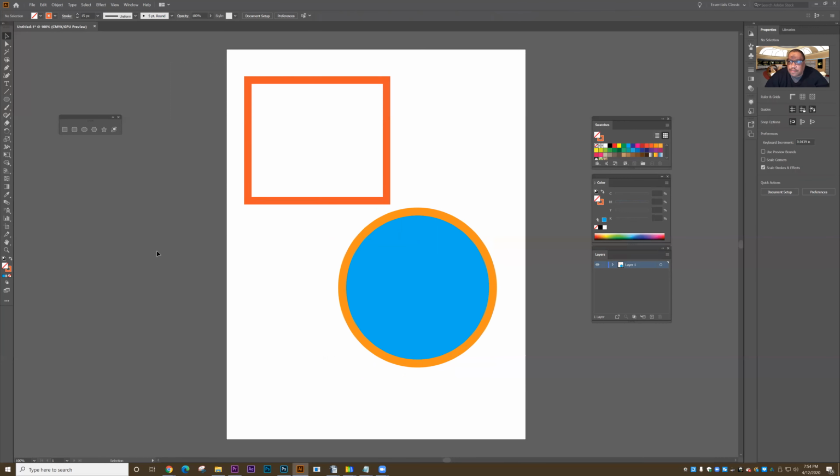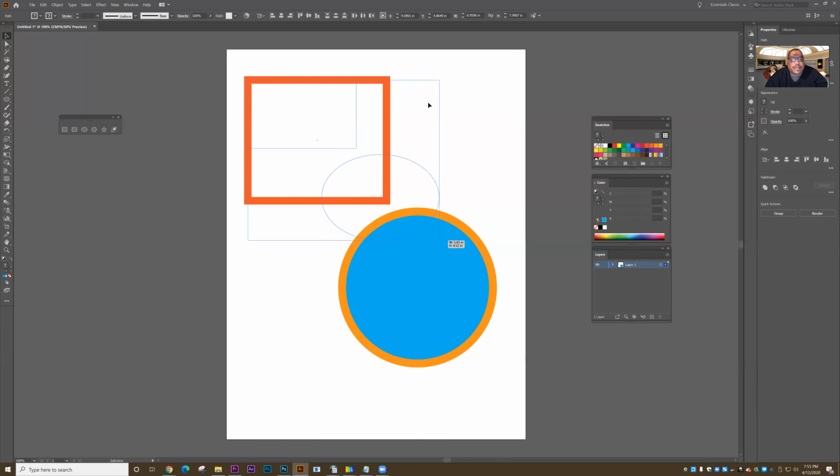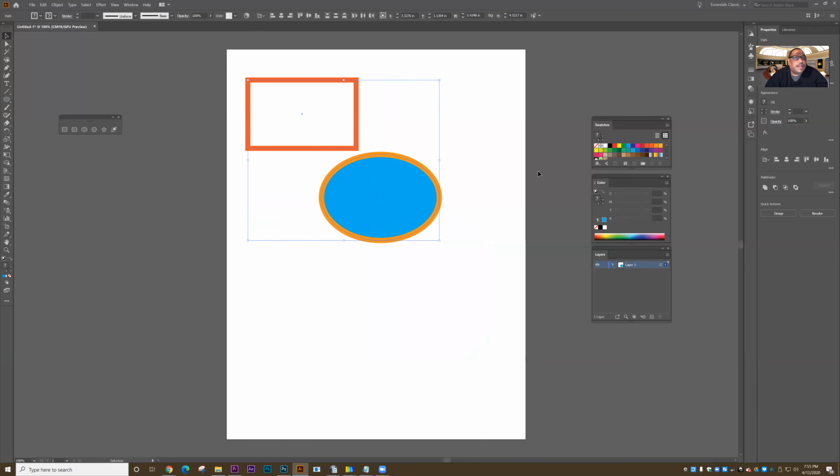What's the advantage of selecting more than one shape? Well, let's say I want to do the same thing to both shapes. I'm going to shift click and select both of the shapes. I can resize them, right? I can rotate them. Now with the same selection handle, I can do a number of